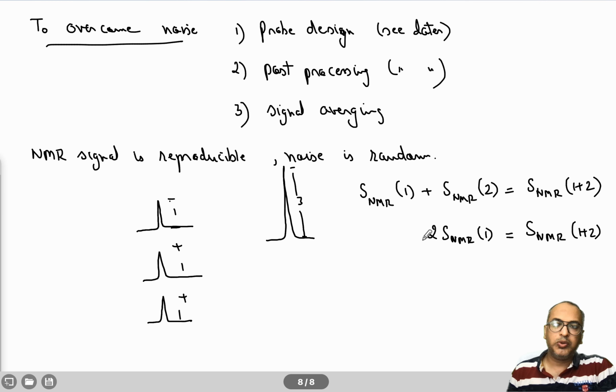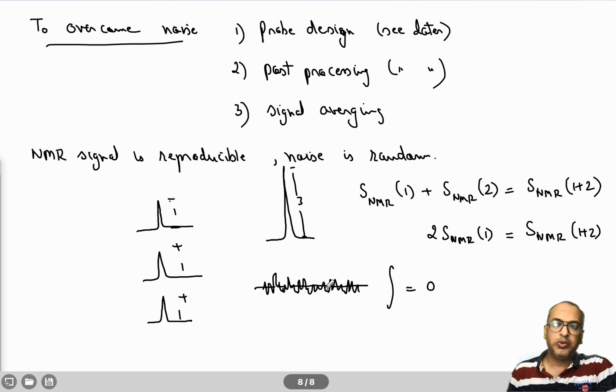Okay. Now the same simple relation of addition of signal does not apply to noise. If this is my noise over the entire spectrum, and I want to integrate it, the average over all of this, if this is my baseline, will come out to be 0, right? Because there are as many positive signals as there are negative signals. So if you take the average over the entire spectrum, this will come out to be 0.